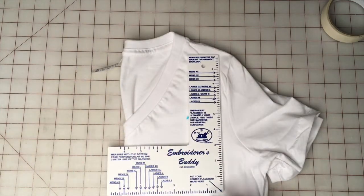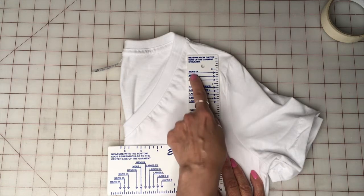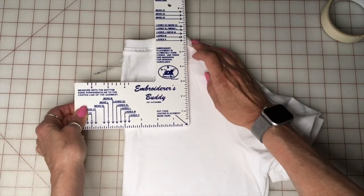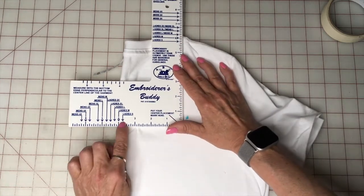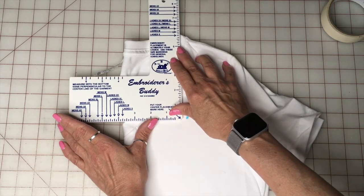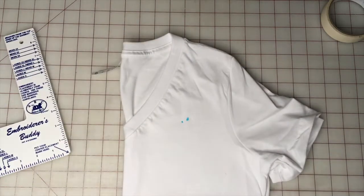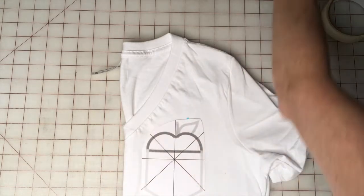The Embroider's Buddy has many markings on it, all the way from ladies small to men's 4X. And you line this top line up with the shoulder seam, and line up the center line here with the fold. And then you mark in this spot. So they're a little bit slightly different, not in the exact same spot, but we're going to take our pocket,